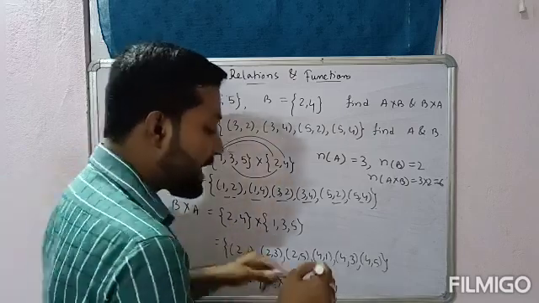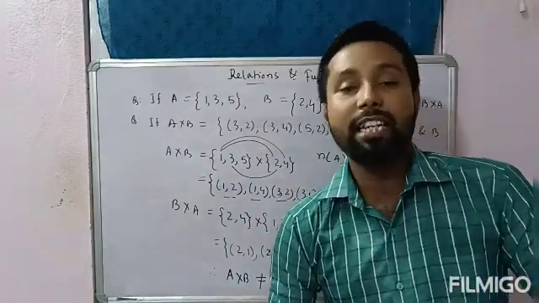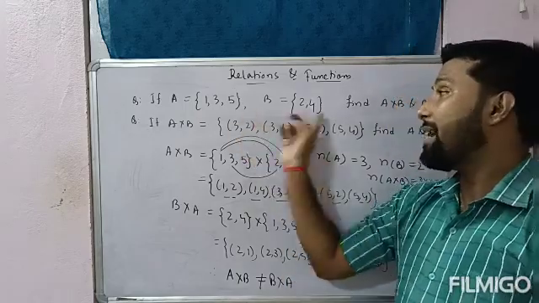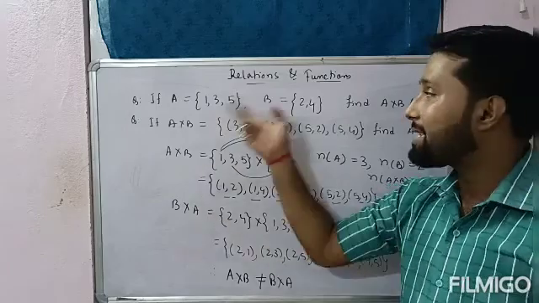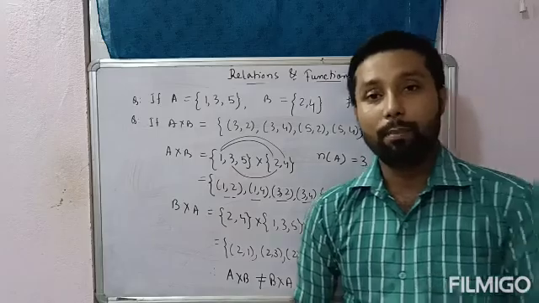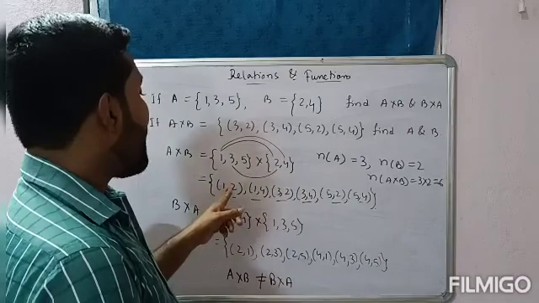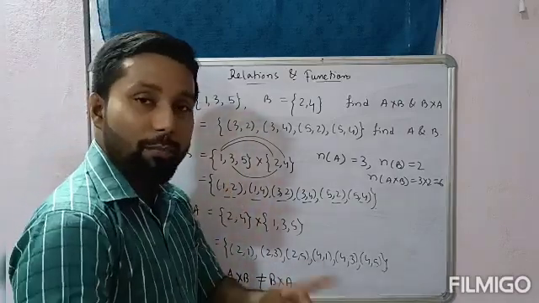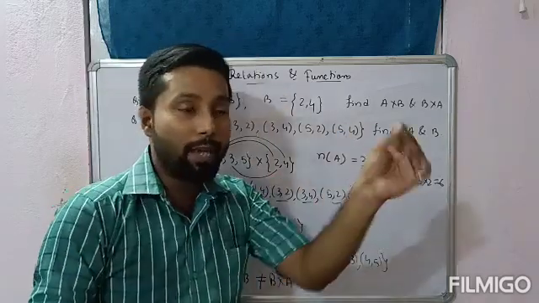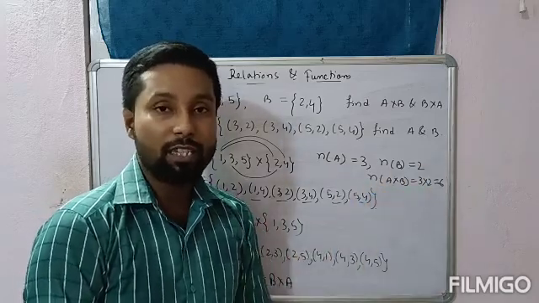You have to remember, in general the Cartesian products are not equal. Okay, A cross B is never equal to B cross A if the elements are different. But if the elements are the same, then yes, A cross B can be equal to B cross A. But in general A cross B is not equal to B cross A. That is why 1 comma 2 is not equal to 2 comma 1. If the ordered pair changes, if the position is interchanged, then in the Cartesian plane it will not be at the same place. The positions of 1 comma 2 and 2 comma 1 will not be the same.